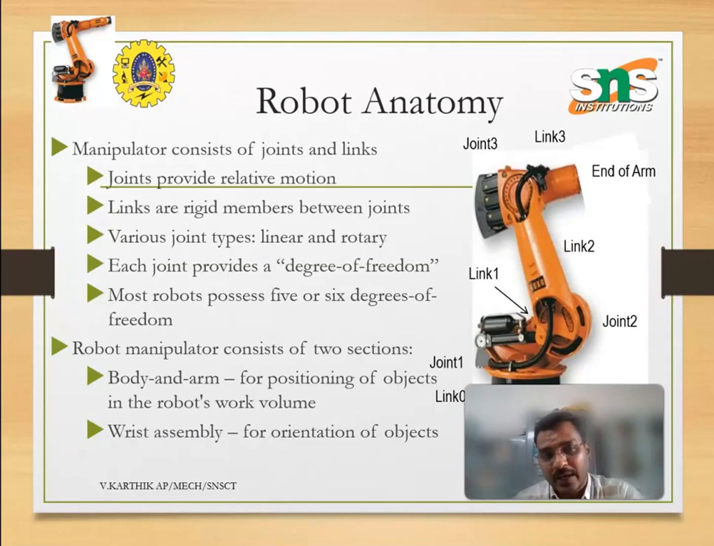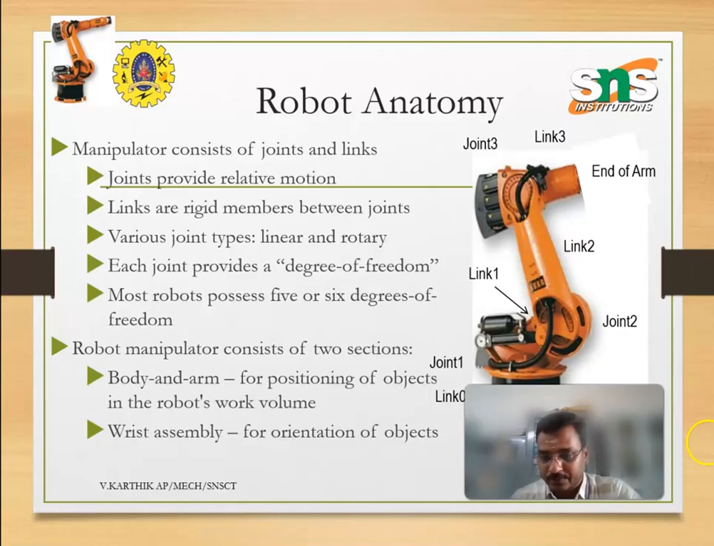Robot anatomy consists of joints and links. Joints provide relative motion. The links are rigid members between joints. Various joints are available in the robot anatomy: linear and rotary, where linear goes to and fro and rotary will rotate, based on the degrees of freedom. Here the degrees of freedom is a major concept in the robot anatomy. It is like a human hand, it will rotate accordingly to pick and place the object or the workpiece